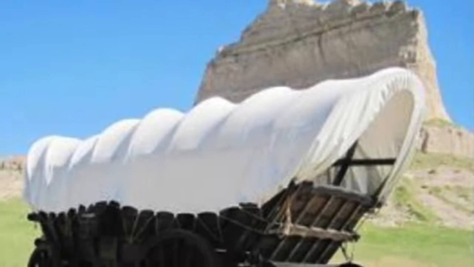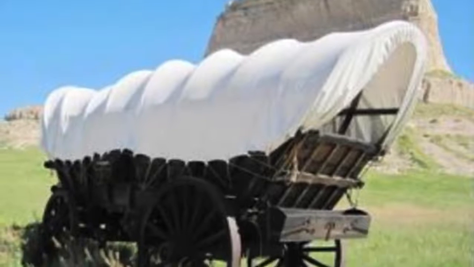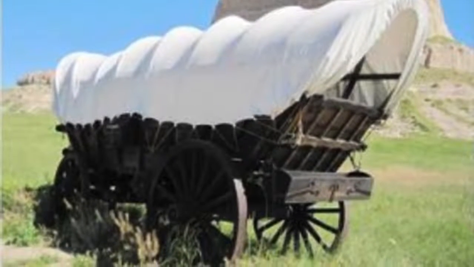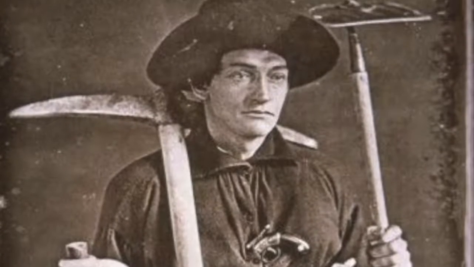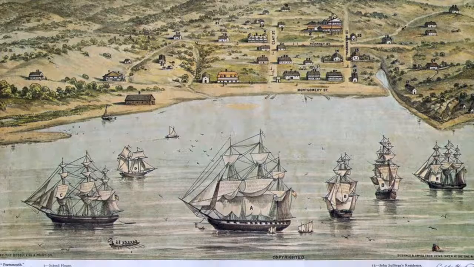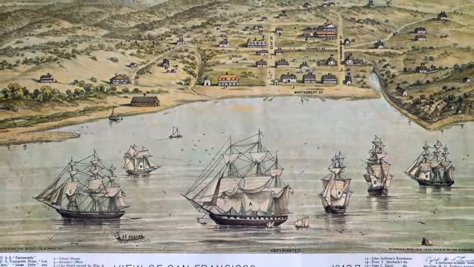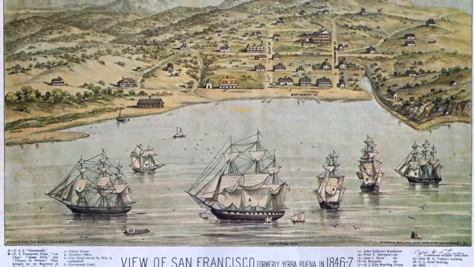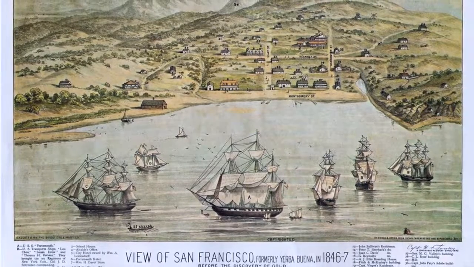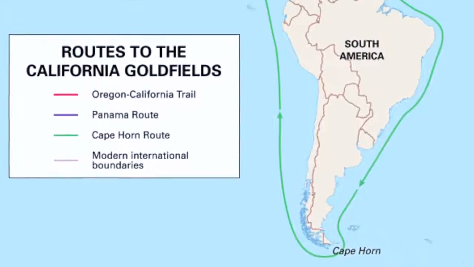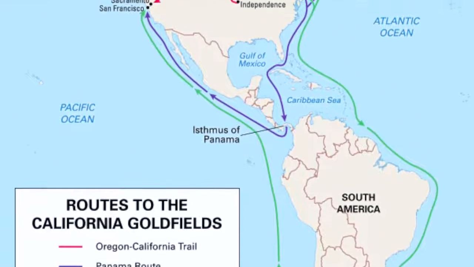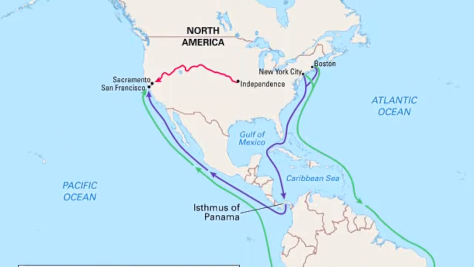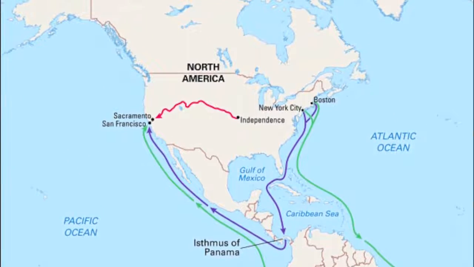Before I go any further, I should note that in real life, not everyone in the 19th century traveled west by land. Between April 1849 and January 1850, which was the height of the California gold rush, nearly 40,000 people arrived in San Francisco by ship. These so-called California Argonauts had two sea routes available to them. They could spend nearly a year going around the tip of South America, which was the longest but possibly safest way to travel, or take a shortcut across Panama, which shortened the sea voyage but had all sorts of dangers, including outbreaks of disease and attacks by natives.